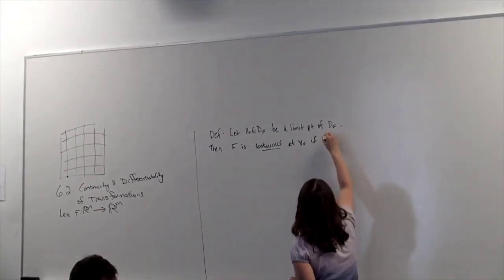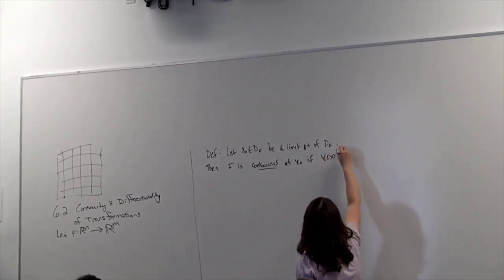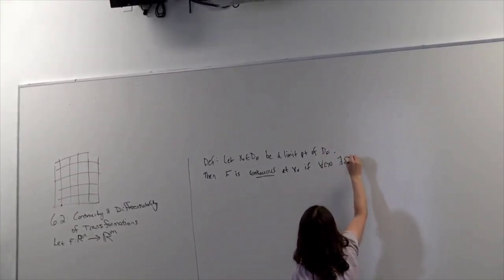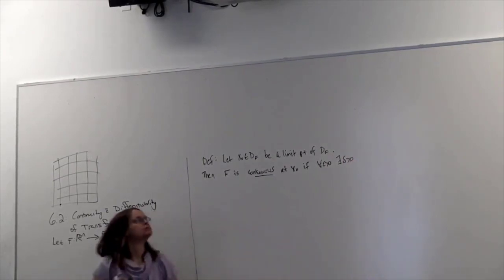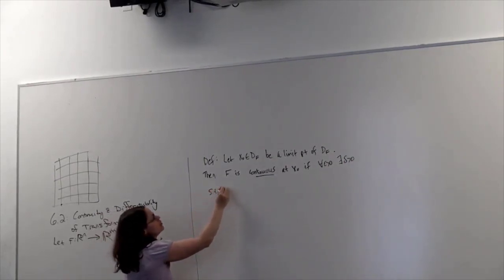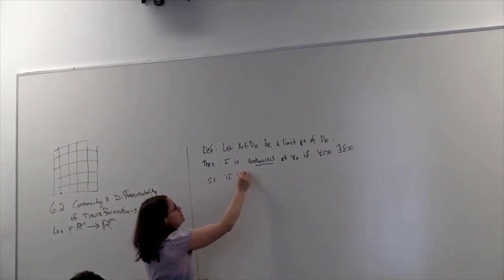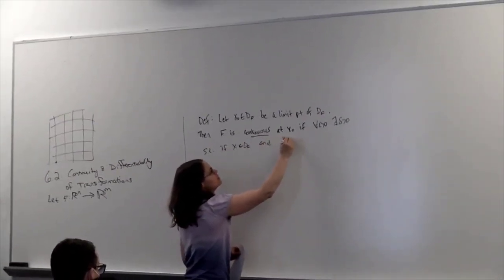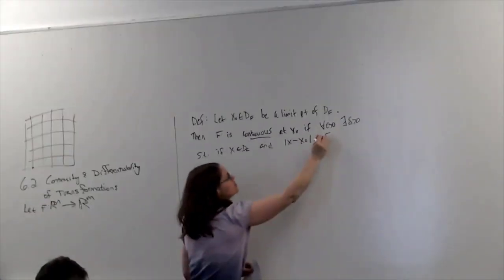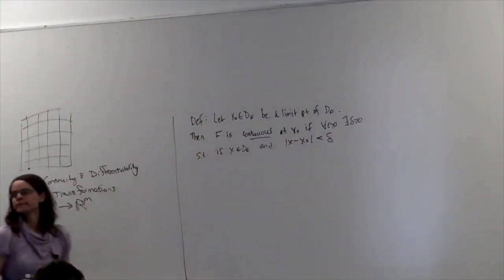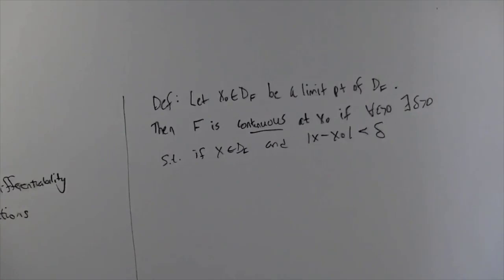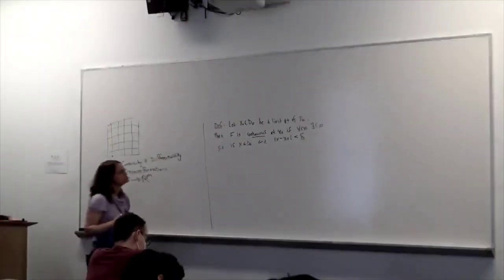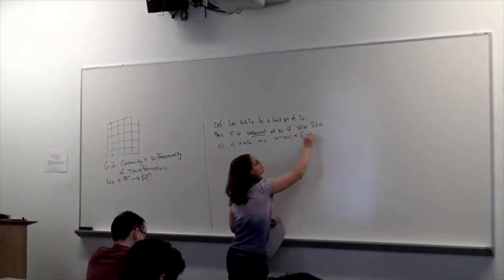So if for all epsilon greater than 0, we can find some delta greater than 0, such that whenever x is a point in our domain and x is within a distance delta of x naught, then,